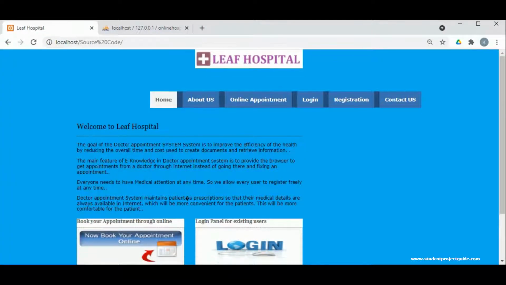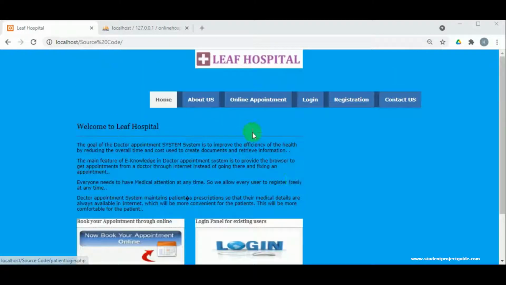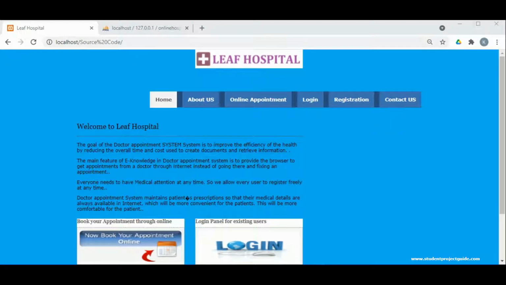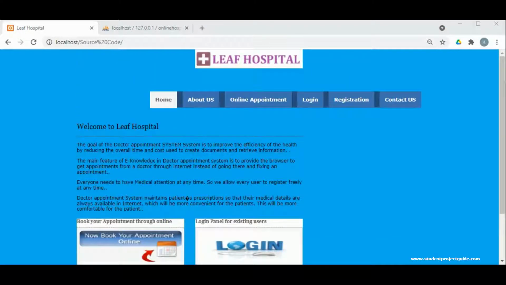So we can see that this is the hospital management system where the customers, that is the patients, can book the appointment online. First they have to make the registration and then log in and make the appointments, as well as here the doctors can log in, as well as the admin can manage the entire web page. So the doctors can log in and view the appointments and give the treatment and prescription details here.